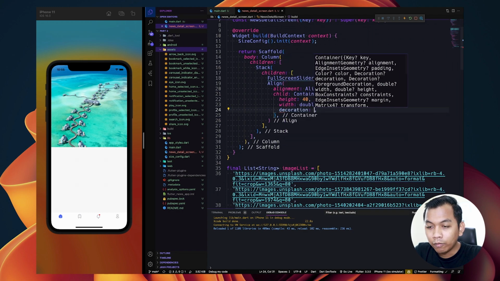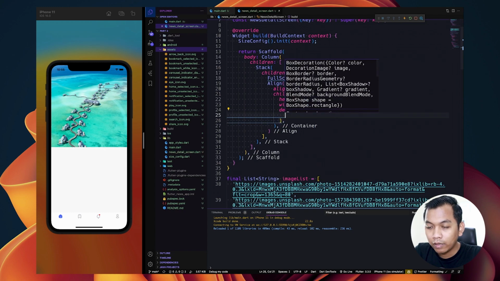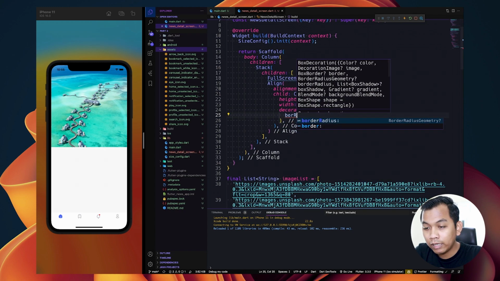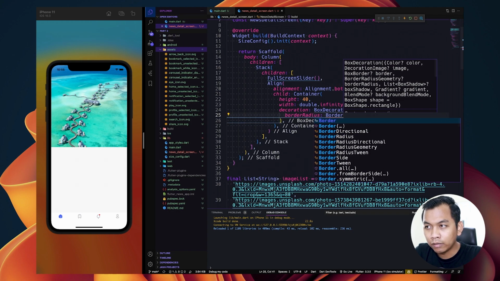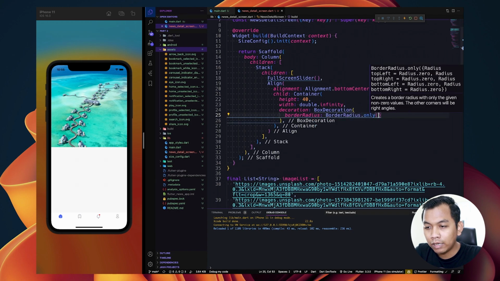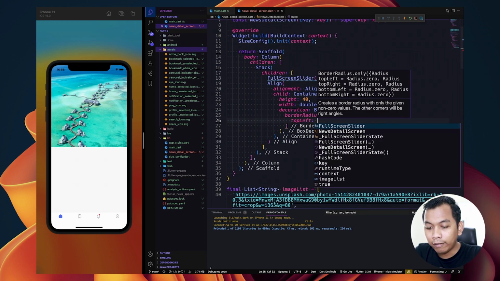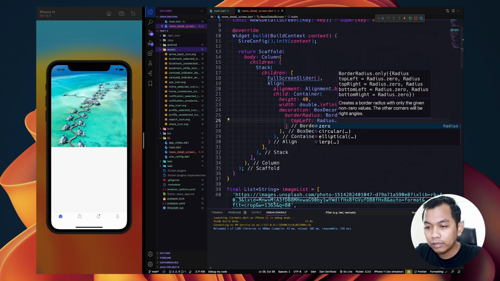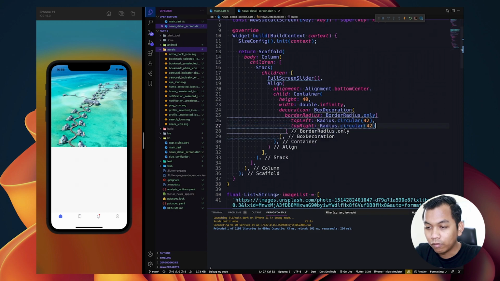And here we will give a box decoration, and box decoration has a border radius, and also we need to pass the value to be BorderRadius.only, and here we will say topLeft Radius.circular to be 42, and for the top right it's the same.